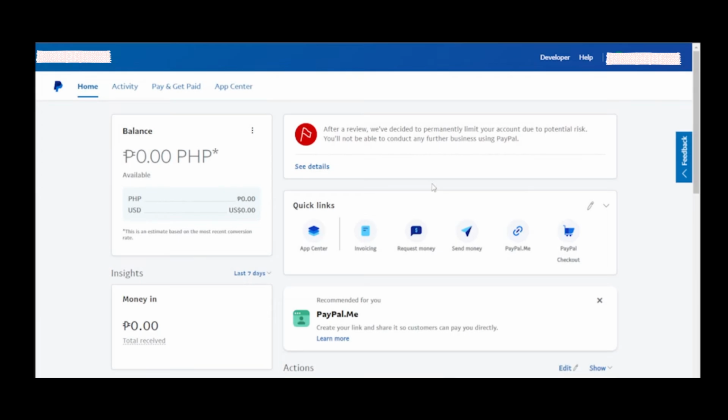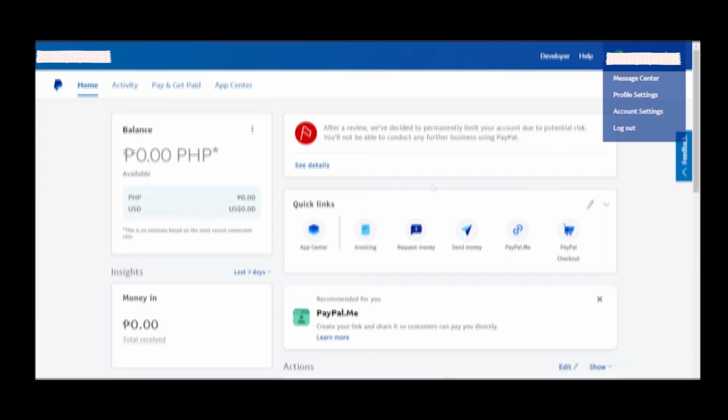Hello everyone. In this video, I'll show you how to remove account limitations on PayPal personal account. The steps are straightforward, so follow along with me. Let's dive in. To get started, click on the account button in the top right corner and go to your